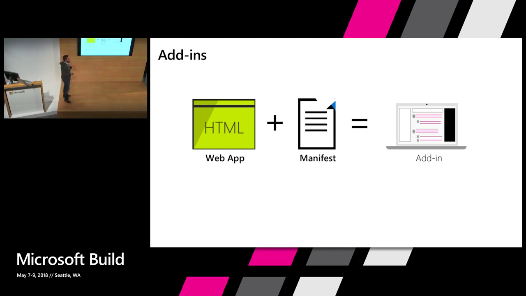And then it's a write once, run anywhere model. So once you create an add-in, the same add-in runs on Outlook for web, on Outlook desktop, on Outlook for Mac. And the way the add-in gets access to the host, which in this case is Outlook, is through a JavaScript API, which is called office.js.